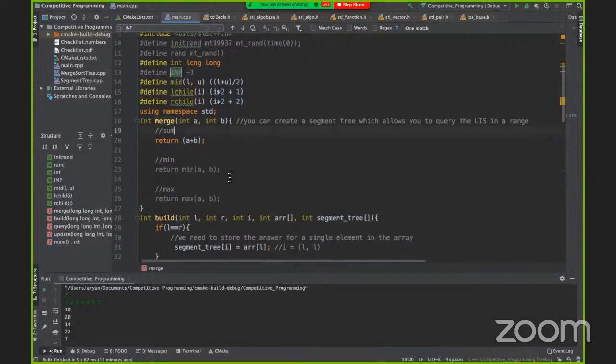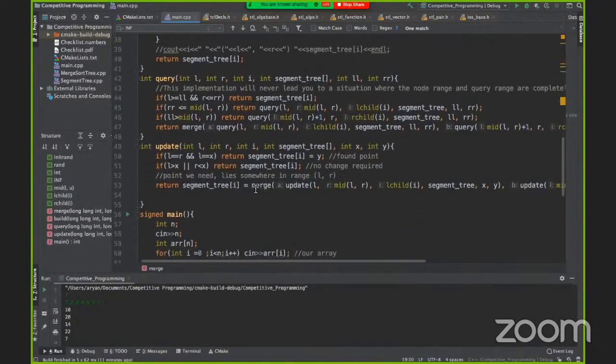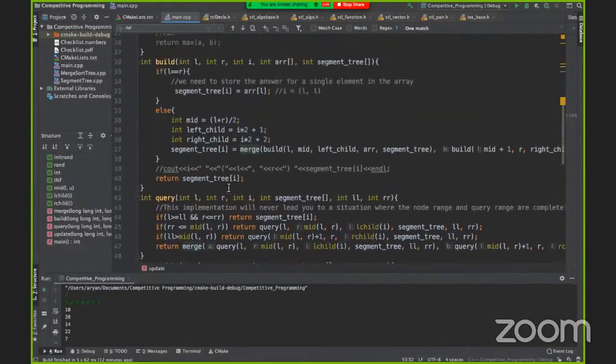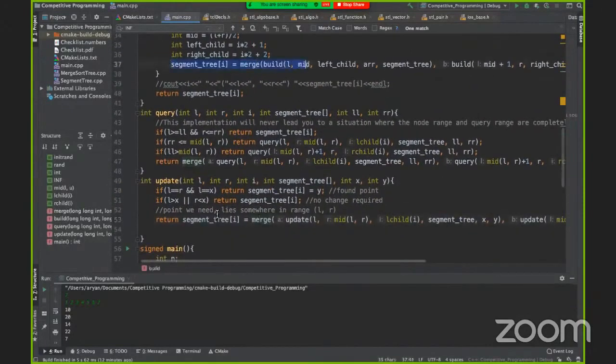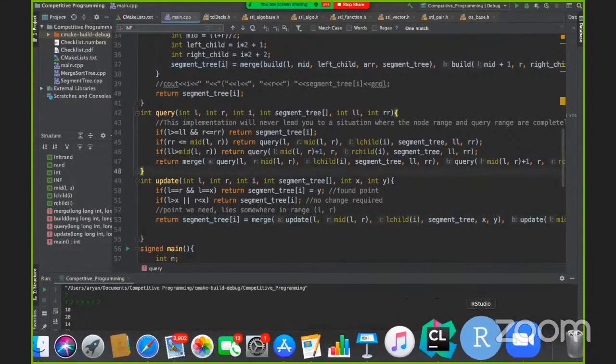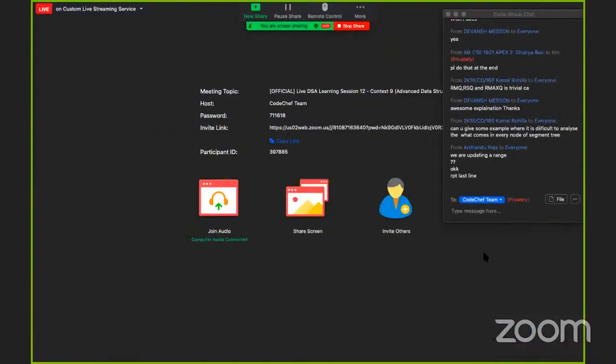It just returns a plus b in our current situation. So we're merging both, and we're putting that value into segment tree I, like we did in the build function up here. We're just doing the same thing here. We're rebuilding the values because of the update. Does that make sense?